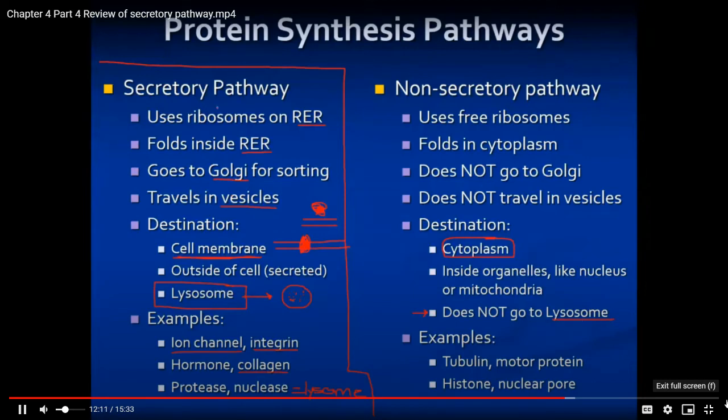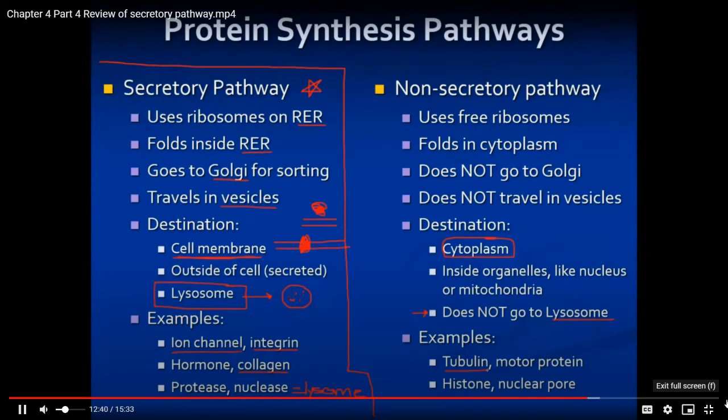Proteins that end up in the lysosomes go through the secretory pathway. Okay? Now let's look at some examples. Proteins that would be in the cytoplasm that we've already learned about, right? Tubulin, right? Tubulin are the building blocks of microtubules. We know that's in the cytoplasm. That creates that scaffolding inside the cell. So those proteins would be made on a free ribosome, fold in the cytoplasm, and stay in the cytoplasm to